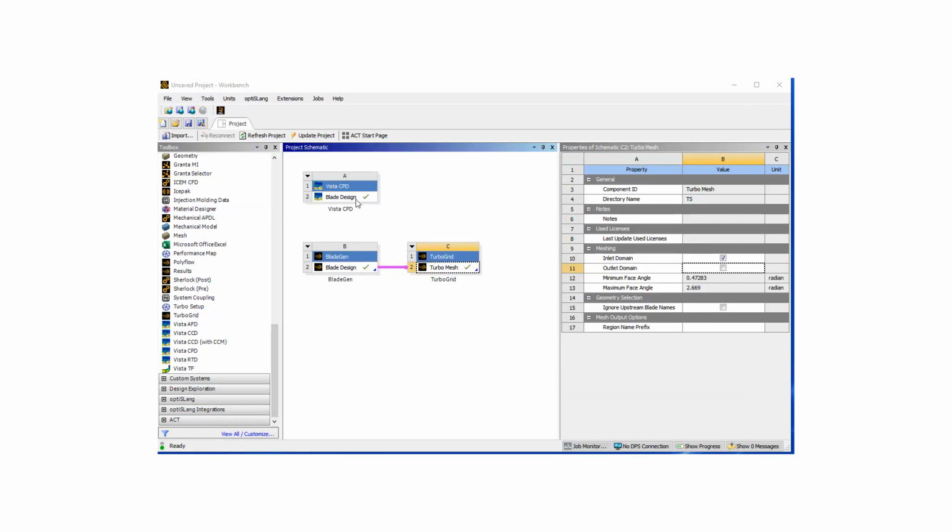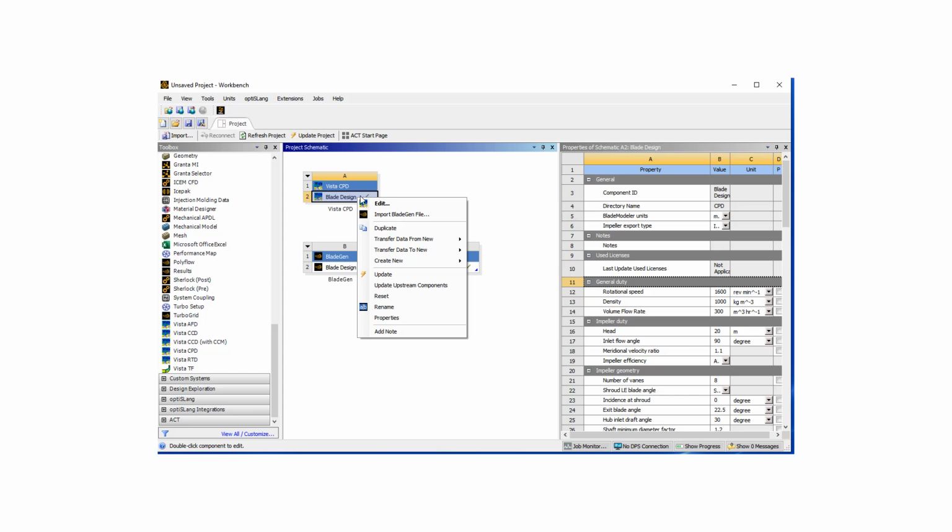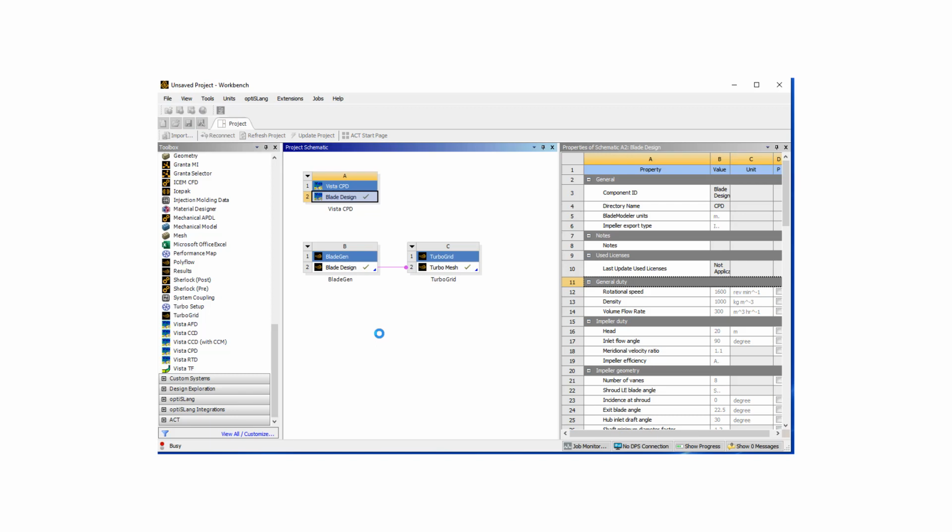We also need to do meshing on the volute part. So what we're going to do is go to create new volute, and this is automatically going to open two programs. One is called Design Modeler, which is a very nice CAD tool that also has been optimized for turbomachinery flows, and the other is the Workbench Mesher, and it's automatically going to go through the geometry update as defined from Vista,